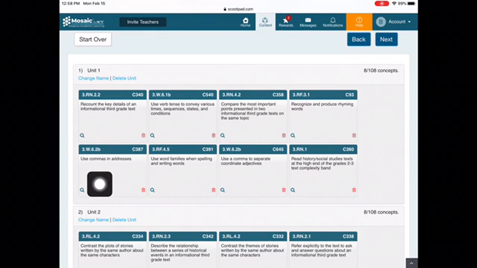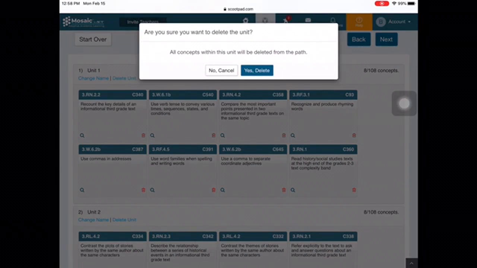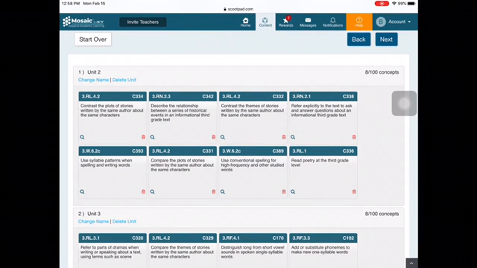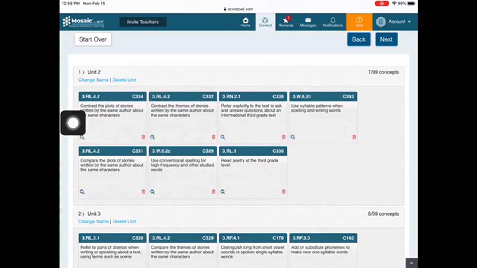Once you have deleted and kept what you want, you'll just press next and go through those same steps like we did with the math. So let's say I'm going to delete the entire unit 1. I'm going to keep unit 2 with compare the plot of stories, and I'm going to delete this standard,